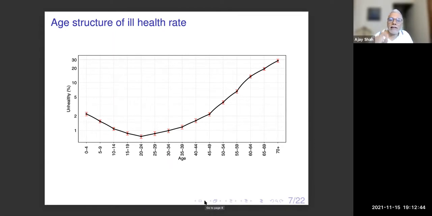And what we are seeing is the survivors. So there is a survivorship story leading into this data. So in the class of the people who make it into age 70 plus, 30% of them are saying that